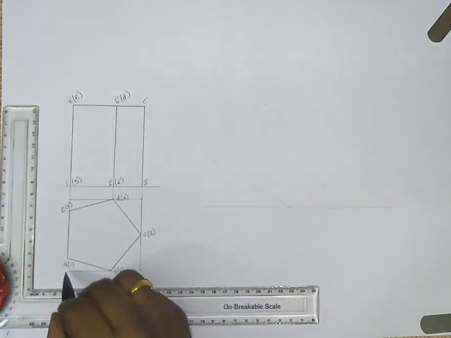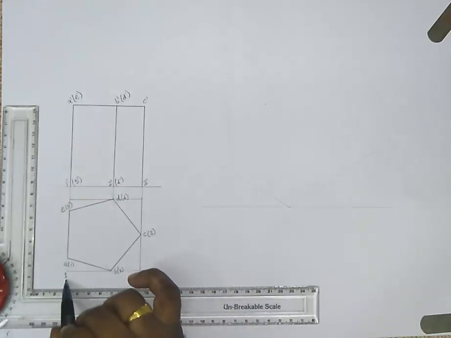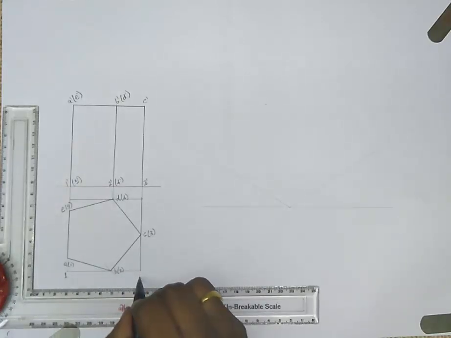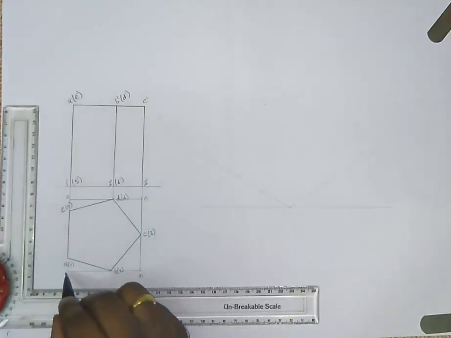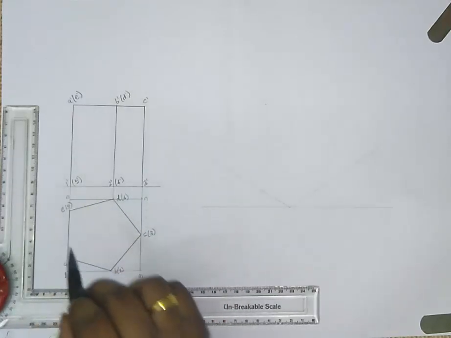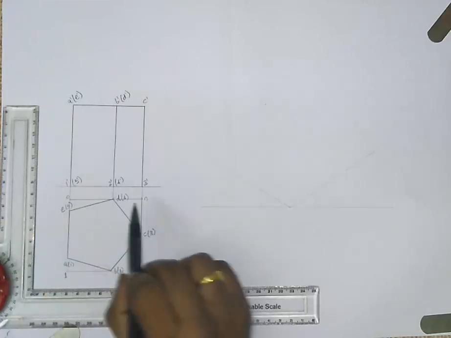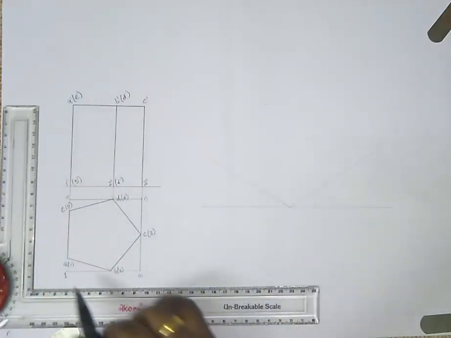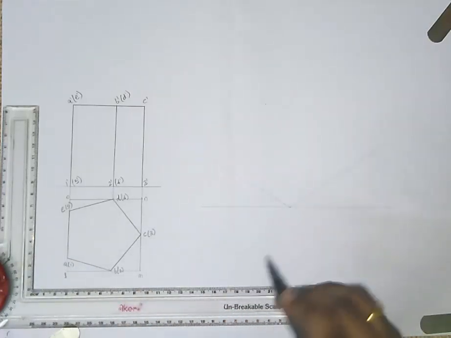Now this point is called L. For our convenience, I am making this point. If you are well versed with the isometric view, you need not mark these L, M, N, O points. So this corner is L, this is M, N, O. Now what I should do is transfer this square to here first. So the L, M, N, O square has to be transferred to here in the isometric view.